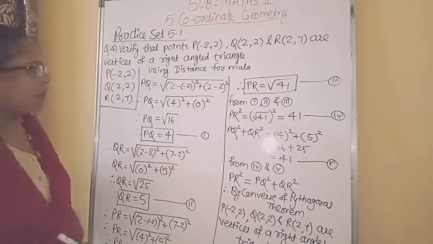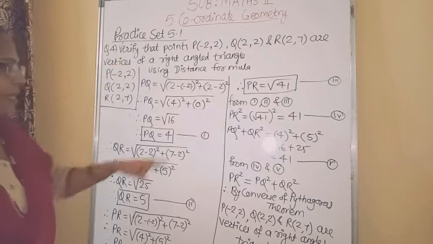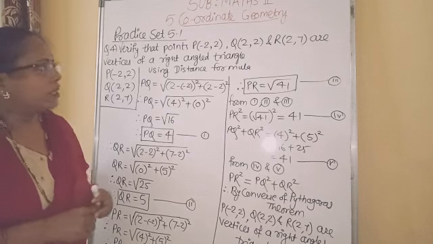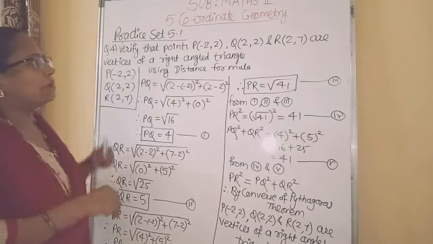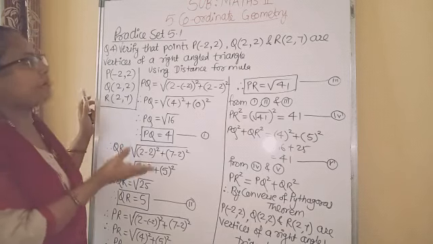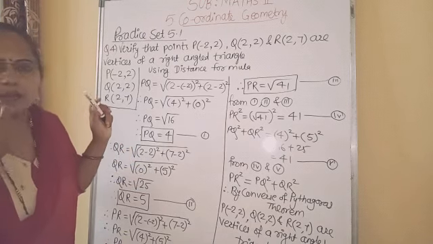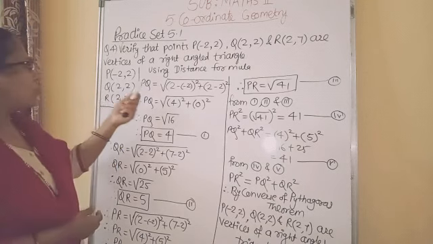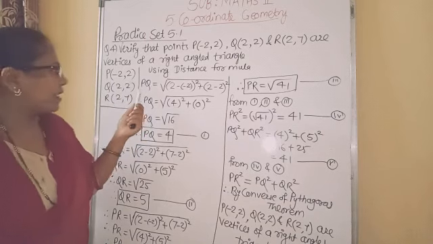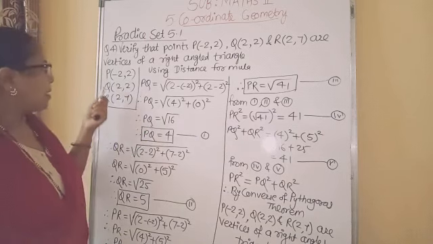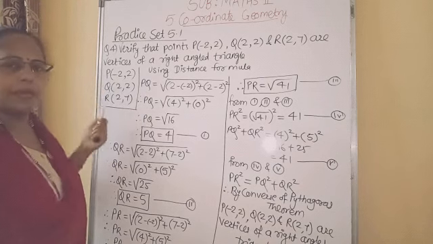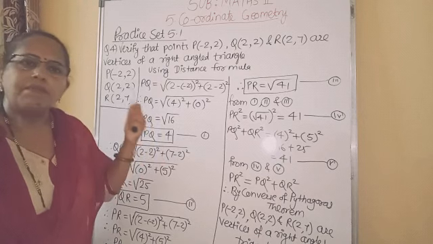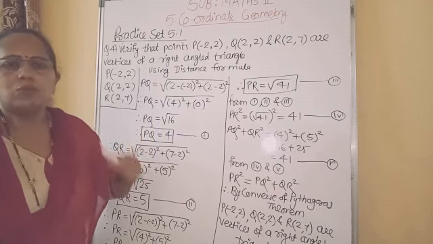Followed? Okay. So this way we decided whether these vertices are the vertices of a right angled triangle. Students, in this exercise you have questions like this also: decide whether these are the vertices of a rectangle, whether these are the vertices of a parallelogram. So just using the distance formula, first you have to find out the length of the sides. Here we find PQ, QR and PR. Like this way, using the distance formula, find out the length of each side